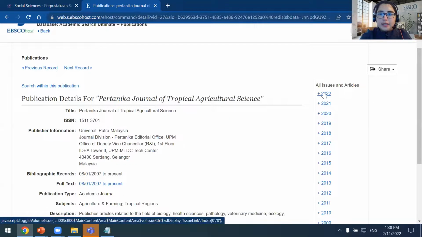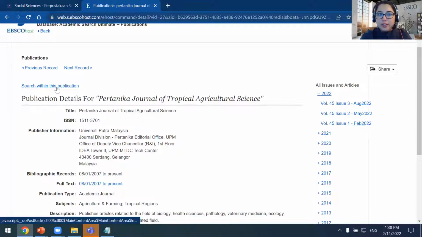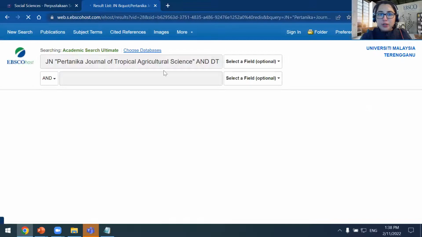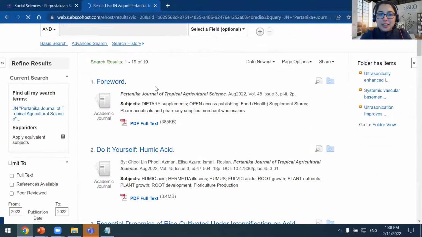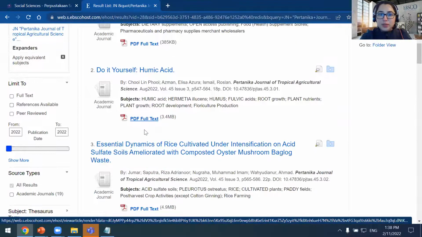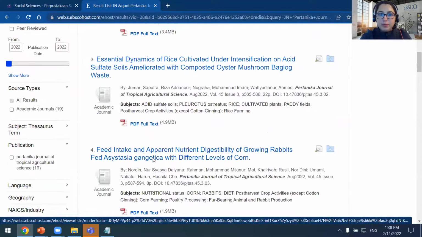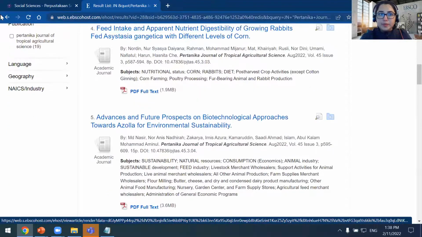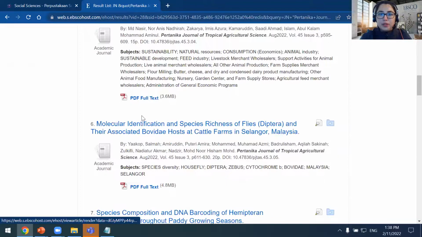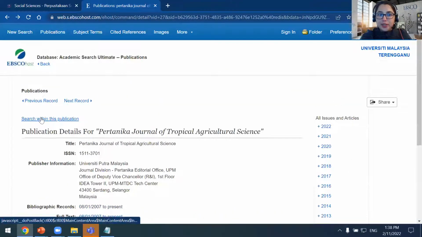and I can then start to look through the issues of that journal. And I could even search within. So I'll just look up one of these issues, volume 45, issue 3, and I can start to read the articles from this specific volume. Or I can also go search within. So to the left here.